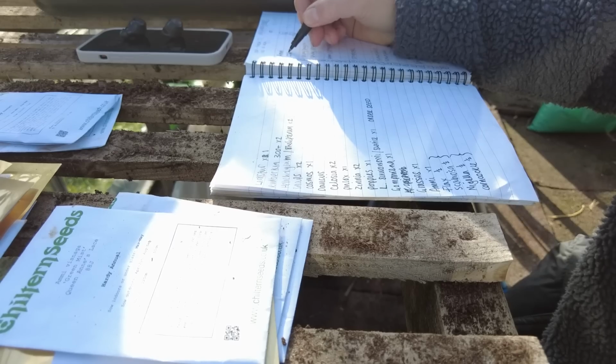When working out my seed sowing schedule, all I use is a notepad and pen. I sometimes refer to an Excel spreadsheet, but I find that this is really useful because I can bring it out into the field with me and tick it off, and I don't really need much more information than that. So this is my field plan from 2022,